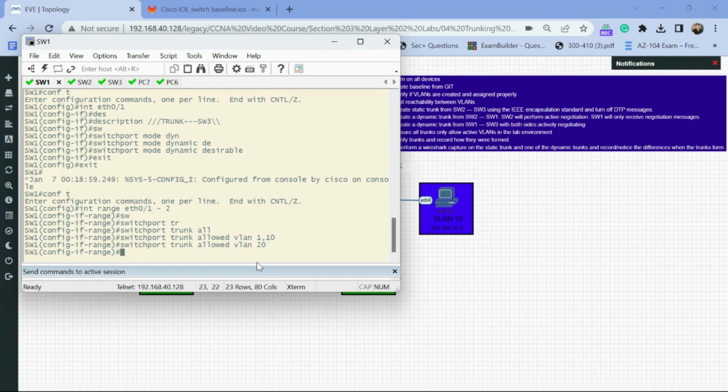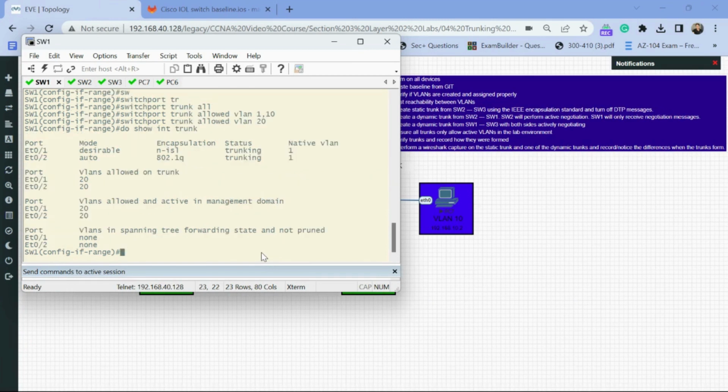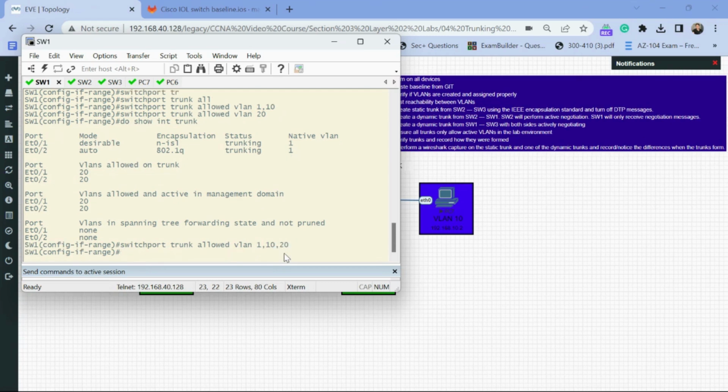Ooh, crisis averted, right? Well, let's just go verify, because we're good network administrators, that we're allowing 1, 10, and 20. And look at this. We only have VLAN 20. Well, what happened? In this switchport trunk allowed VLAN command, it doesn't add. What it does is it overwrites. So if I do this,